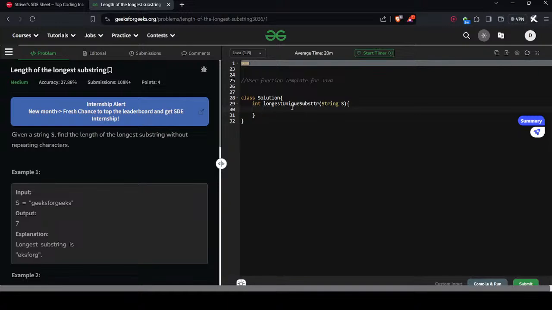So how does this begin? Our brute force would be, for every element i, we will check for it until